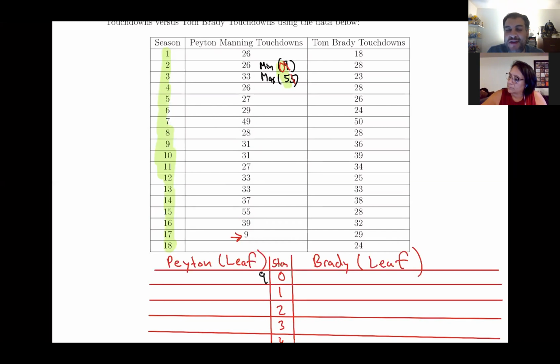Up next, we're gonna look to see if we have any number in the 10s. So we want 10, 11, 12, 13, all the way through 19. Do we have any number from 10 to 19? Right now we're only focusing on Peyton Manning. So even though Tom Brady does have a number, which is 18, we're not going to include that because right now we're purely focusing on Peyton Manning. So there's no number in 10 through 19. Now we're going to focus on the 2s. Do we have any number in the 20s?